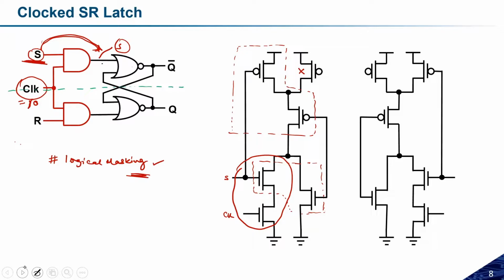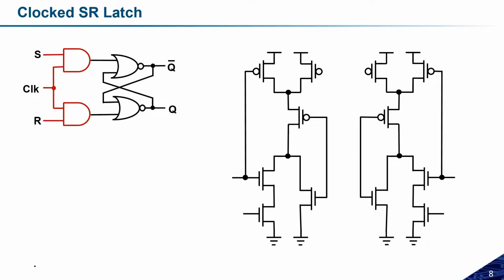Let me clear this slide first. So if you see here, this is what we have replicated, both the sections, upper and lower part, and we got a structure something like this. Now I need to connect the output of one of the NOR gates to the input of another NOR gate, right? So here we have the output and input connections, and this is how we can make it.